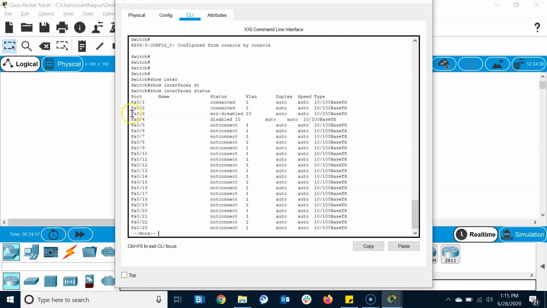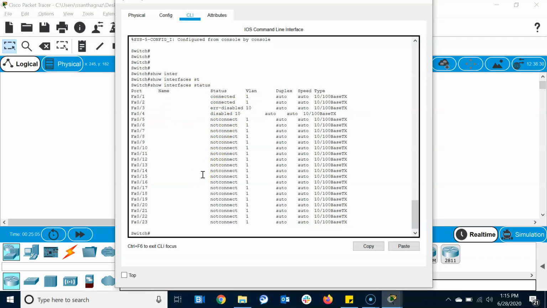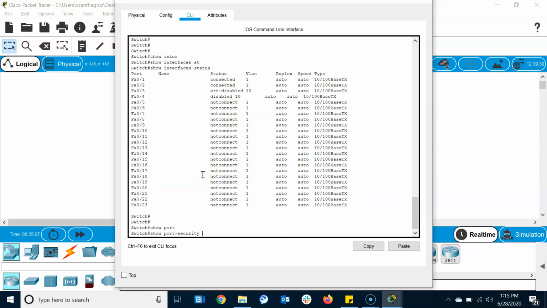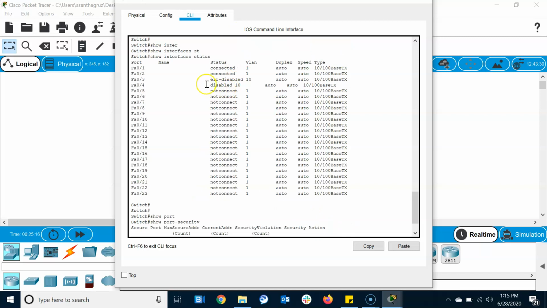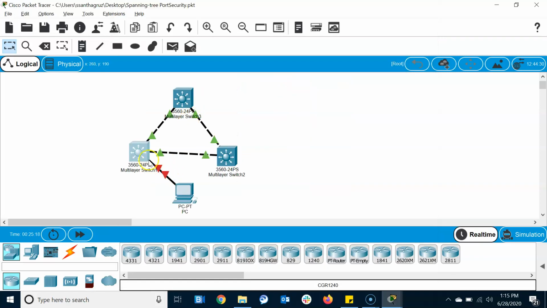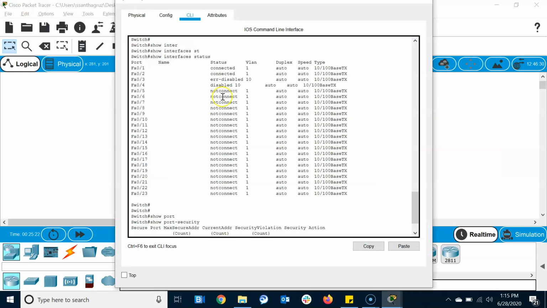So when an intruder MAC or an unauthorized host attempts to transmit on this port, the port is going to then error disable mode. Okay, so the default mode, you can see in show port security. It will show the default mode is violation shutdown. So this is a violation shutdown mode. That means when an unauthorized host attempts to transmit on this particular port, what will happen? The host will enter into an error disable mode. Because this I have configured as an intruder MAC.